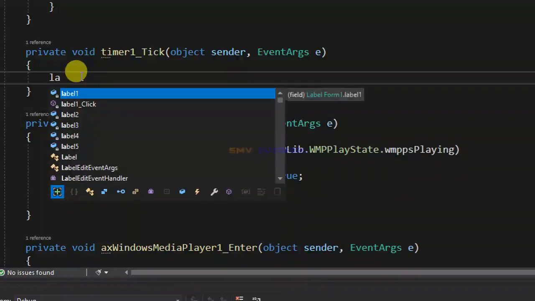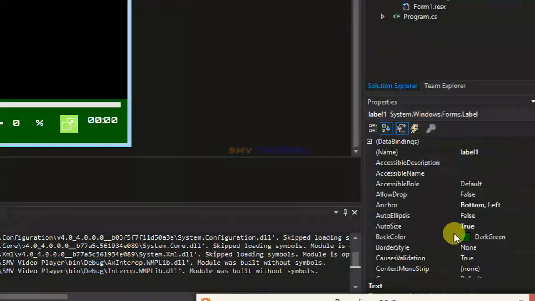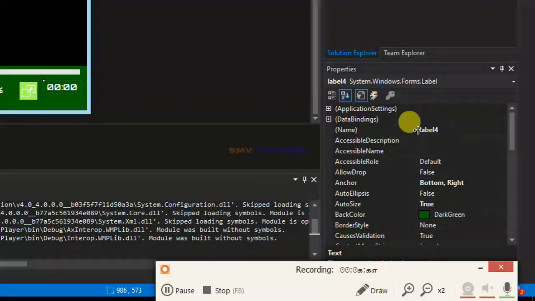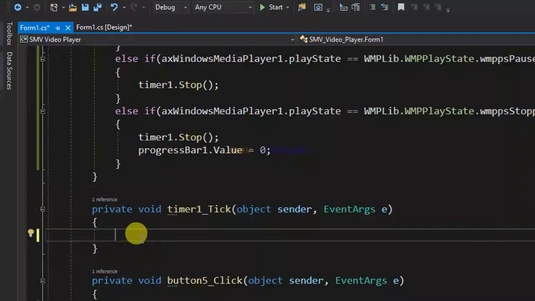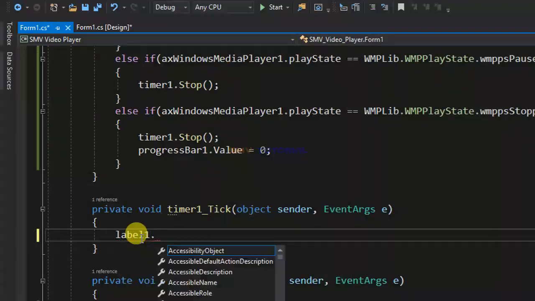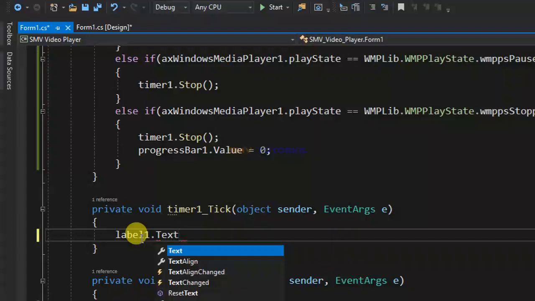Label. I have created two labels before. One label name is label1 and another label name is label4. First using label1 dot Text equal, the progress bar is running, and the second time is start in the label show, so I create this